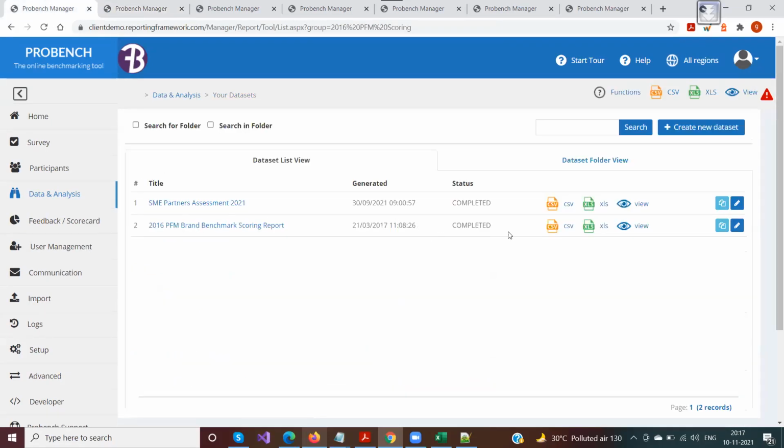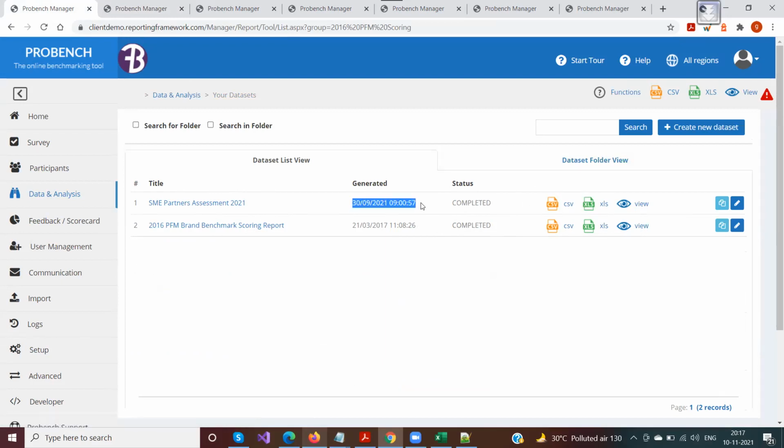Okay, there's one more thing. You can also download these data sets from the list page here. The list page provides you with information like the status. If any data sets are under generation, you will get it as in progress. If there is an error in any of the data sets, you will get an error occurred here as a status. And if it is completed, like it is currently, then it would show as completed. That means it is ready for download and you can download it.